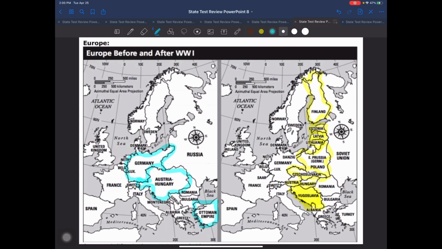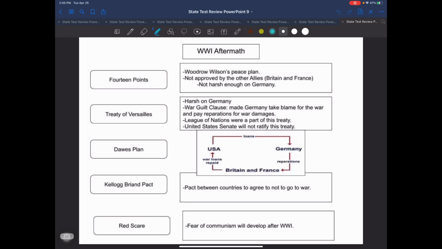And the last page for this unit is a couple of things that we did when this war is over. We've actually already talked about the 14 points. We've already talked about the Treaty of Versailles, how we do not join it. But I want to talk about the Dawes Plan. Please do not confuse the Dawes Plan with the Dawes Act, which is where we tried to assimilate Native Americans. The Dawes Plan, okay, I have a little graph, little flow chart, I guess, here discussing what the Dawes Plan was. And where this chart actually starts, it starts here with the United States of America.